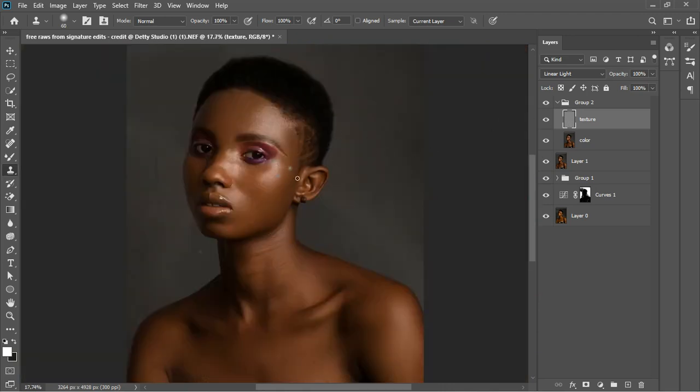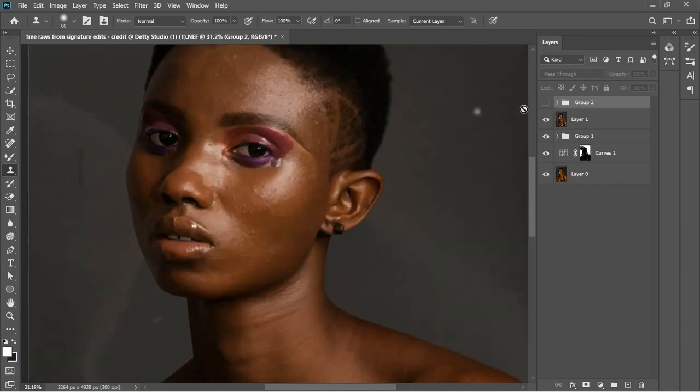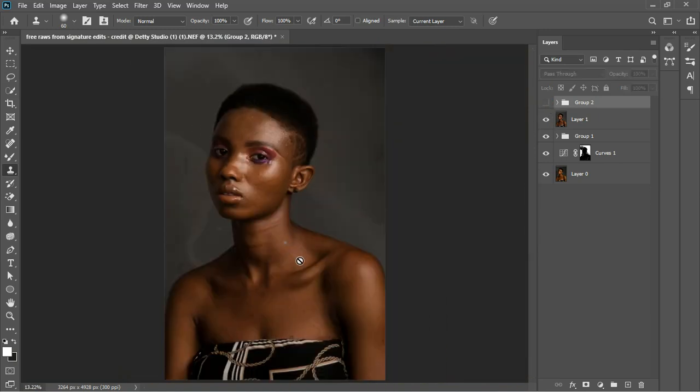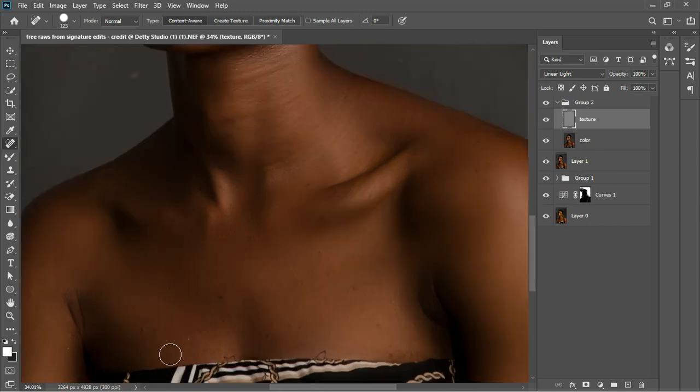Alright, so I'm done with the frequency separation, and let me quickly close and show you before and after. So you can see so many changes. The background shadows, the eyes, the water from the eyes removed, see, and some different skin variations. So I guess there is one I haven't fixed yet, which is the, let's open up this, which is the